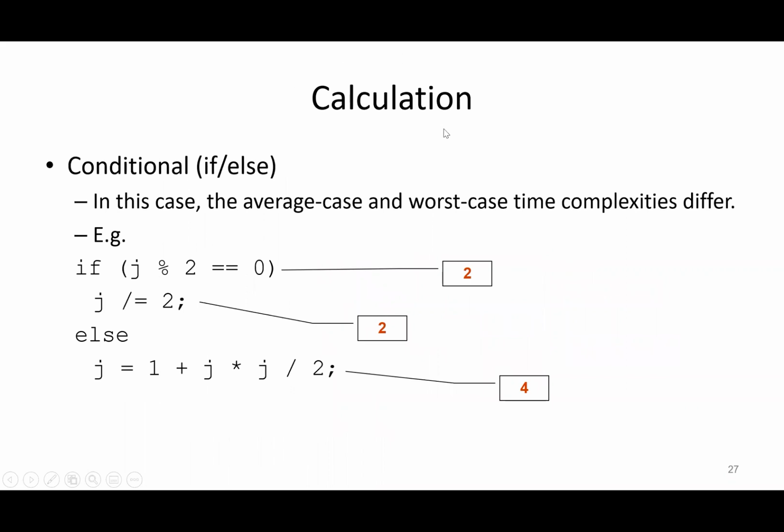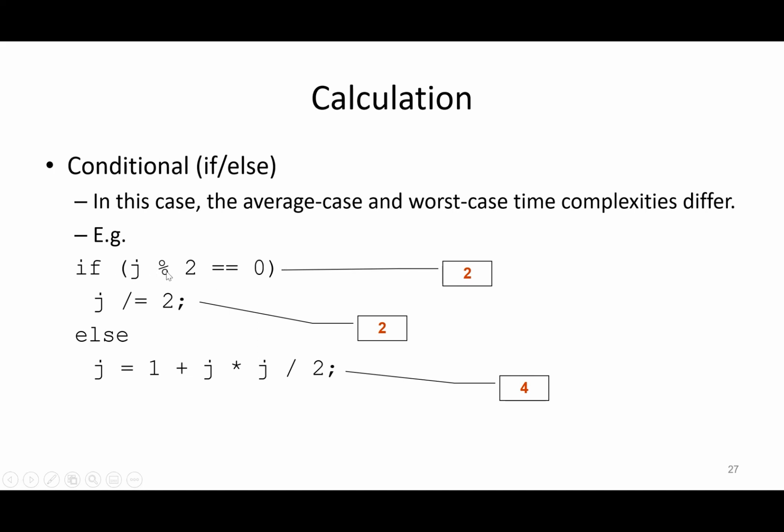Then for conditional if else statements, how do we calculate for if else, right? If else means selection. It's like, if this is true, I execute this. If this is not true, then I execute this. You select which one you want to execute, right? So based on this one here,